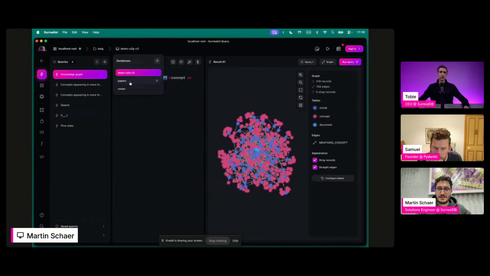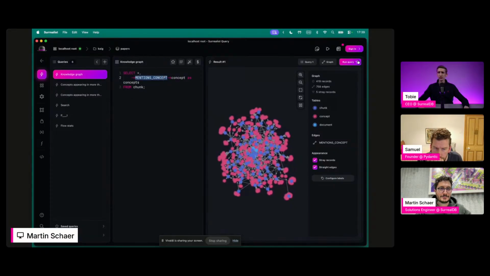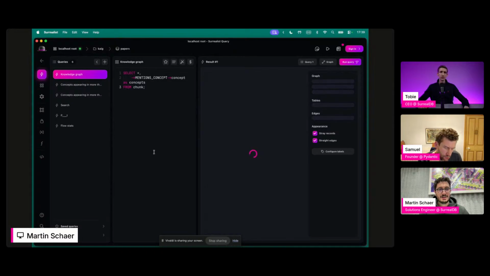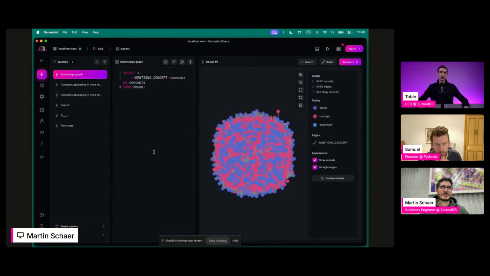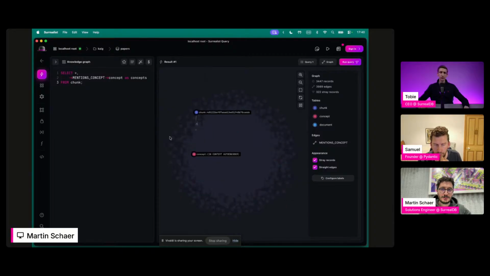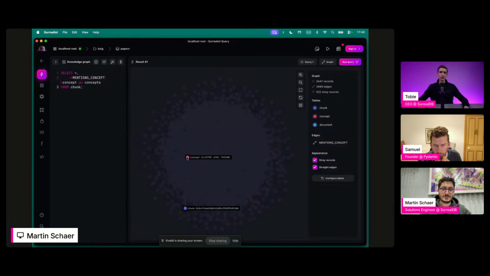you can have completely different examples. So I'm switching to a different database. This one is based on an academic or research paper. So it's just a huge PDF, just one document with a lot of chunks and a lot of concepts. And I actually stopped the ingestion worker before it finished inferring all the concepts because I didn't want to waste a lot of tokens on this.